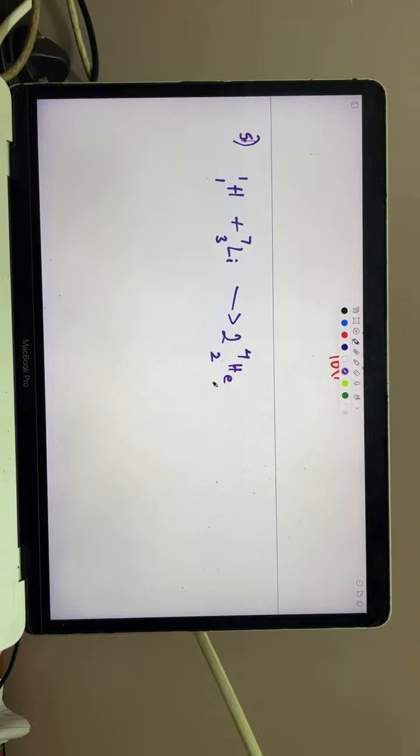So the question is asking us which of these are correct about the reaction represented above. So let's see what happened here. What we need to do is find the atomic mass of the reactant and the atomic mass of the product. Once we have both, we will subtract the reactant from the product and see what goes on there. So basically how to do that is to multiply the